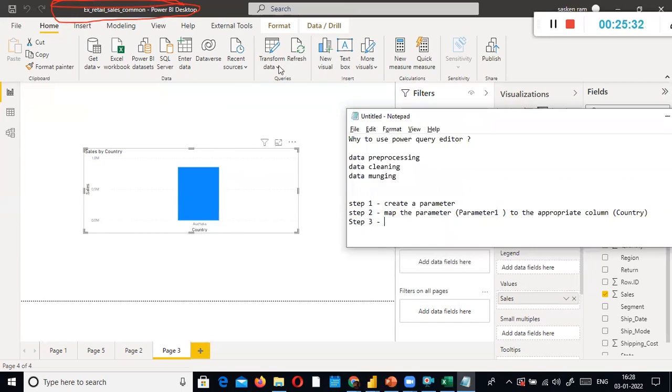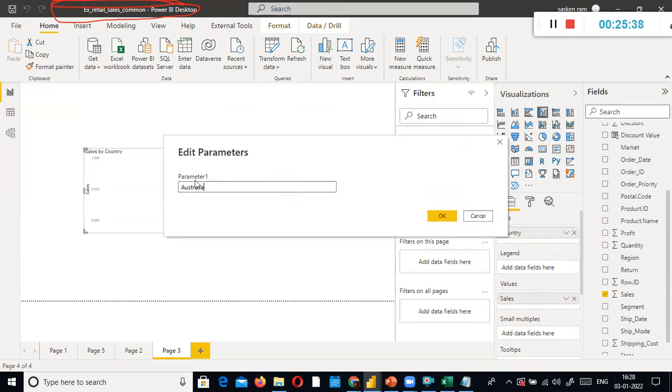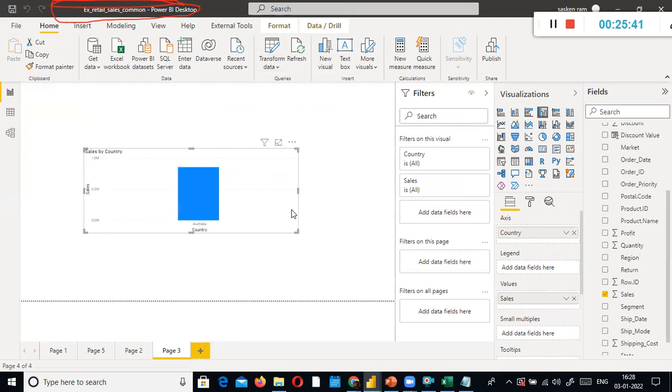So now the question is, I'm able to allow the user to type any country here, so that the specific country related sales is shown in this bar chart. Now my manager is asking this question: Hey, I'm handling only 3 countries. I'm managing 3 country related sales. You show me only those 3 country related sales. Why are you allowing me to view all the countries? I don't want to see all the countries data. I want to see only specific countries, only 3 countries related sales.